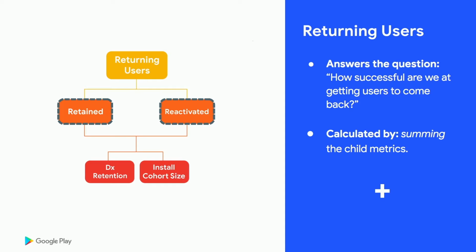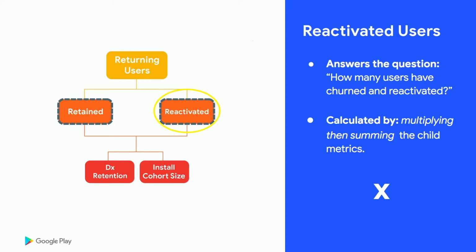So we have our retained users, which is looking at the users who are still active in your app or game. But we also now have this idea of reactivated users. So those are the users who have left your app or game and maybe have returned after an extended period of time. And both of these can be calculated using the retention calculation, but it is important to distinguish across the two. So reactivated users are helping us understand how many users that we've lost and we're able to win back by